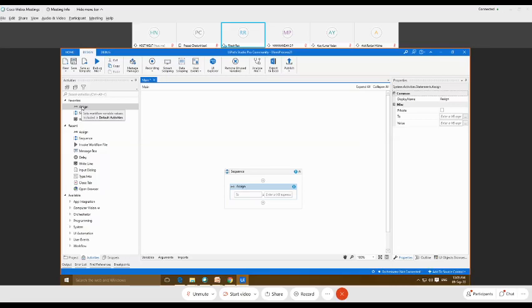So we have to provide the path for the previously created workflow in which we have created the arguments. In this, we have to provide the path for the workflow file from which we want to pass the data using the argument. I think this is clear to all. We have to provide the path for the previously created sequence file in which we have created two different arguments. For that, we are getting here the browse file option.